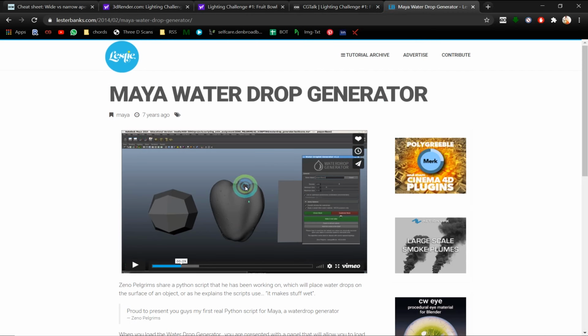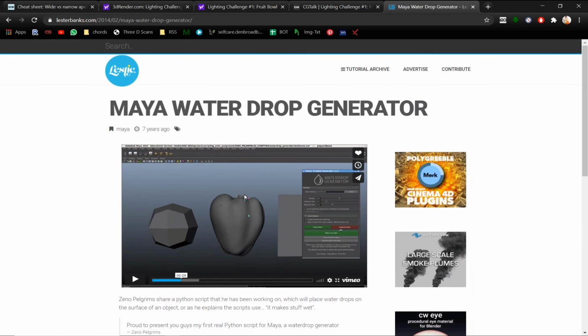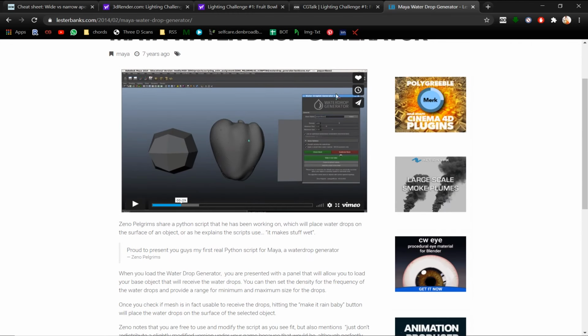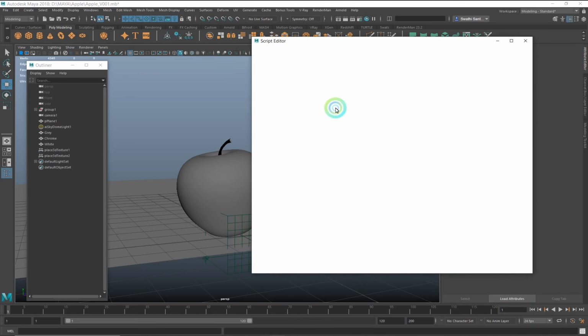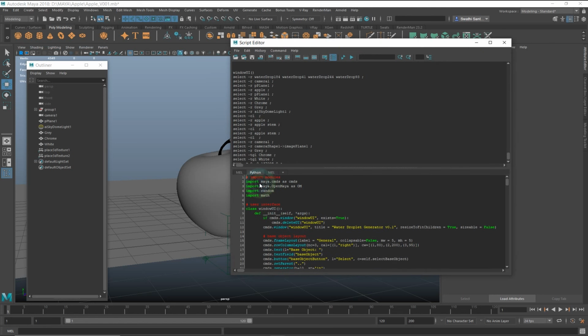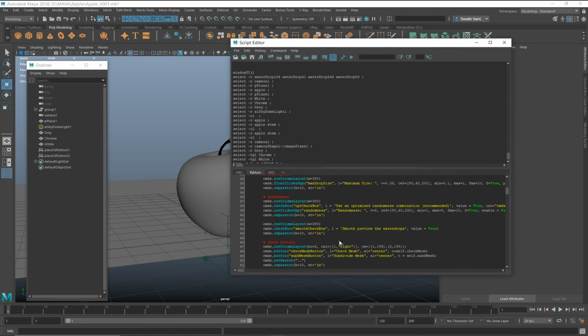So I downloaded this Maya water drop generator from this site, lesterbanks.com. If you can see, there's a tutorial on how to do this on this site, and there is a link for the script to download. So I've already copied the script onto the Python tag here.